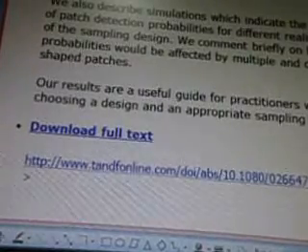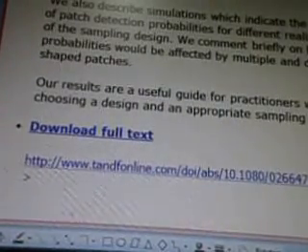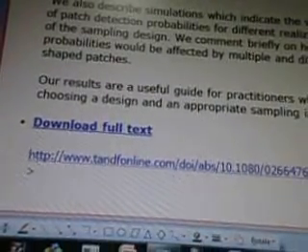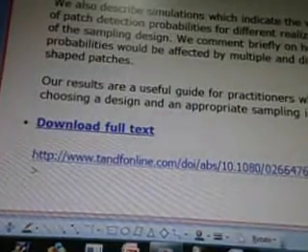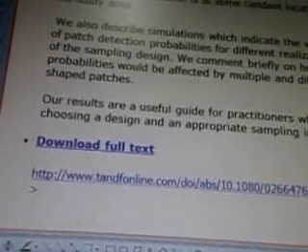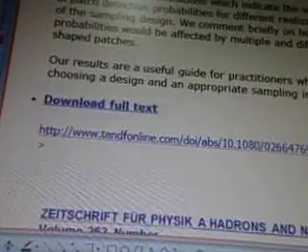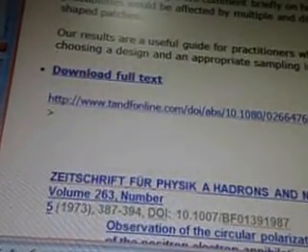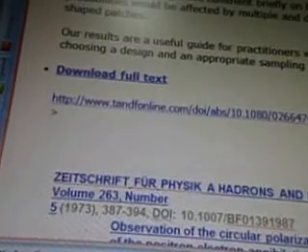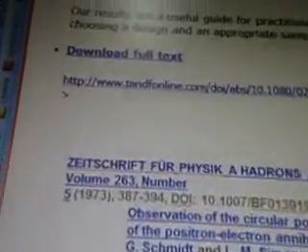We also describe simulations which indicate the variation of patch detection probabilities for different realizations of the sampling design. We comment briefly on how probabilities would be affected by multiple and different shaped patches. Our results are a useful guide for practitioners when choosing a design and an appropriate sampling intensity. And it's from